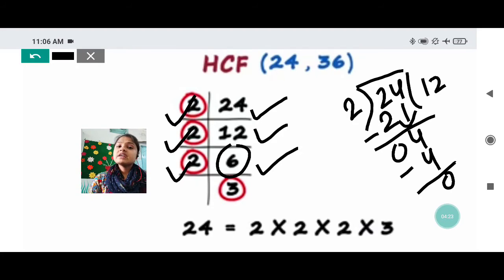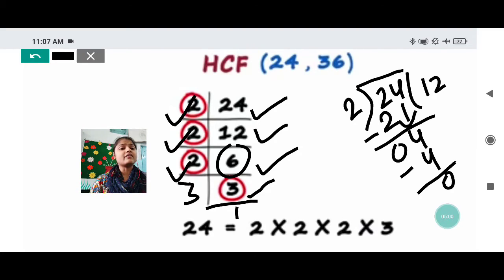When we are dividing the number, always keep this in your mind: we should start dividing with the smallest number. The smallest number with which it is divisible is 2, isn't it? So with this smallest even prime number, we will start dividing. Now when we have divided this 6 by 2, we have got 3. Again we will divide 3, then we will get 1. So now what is the question?